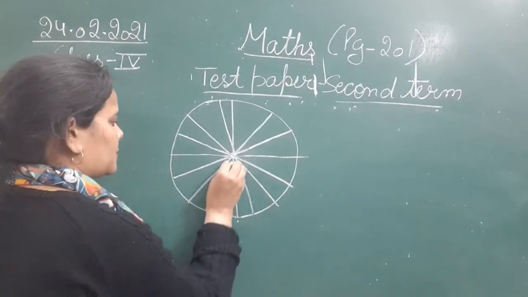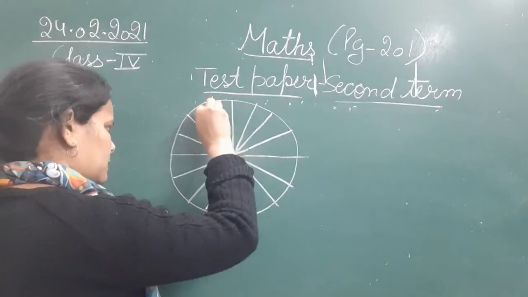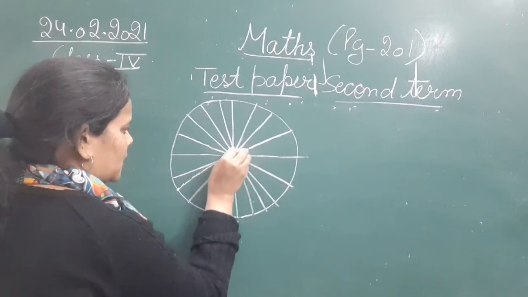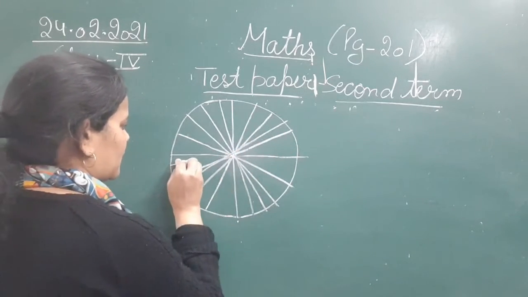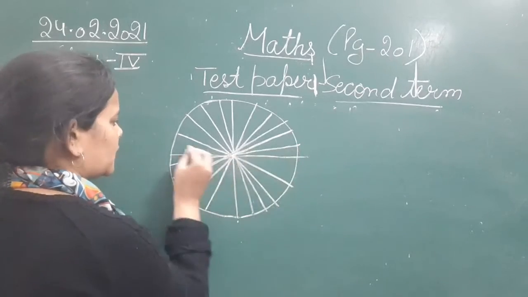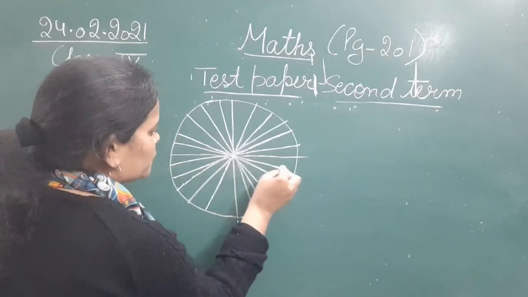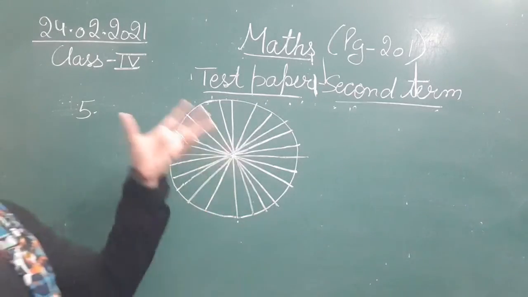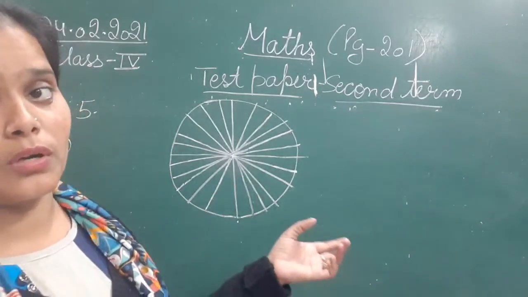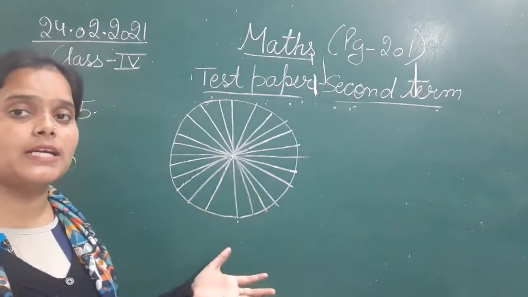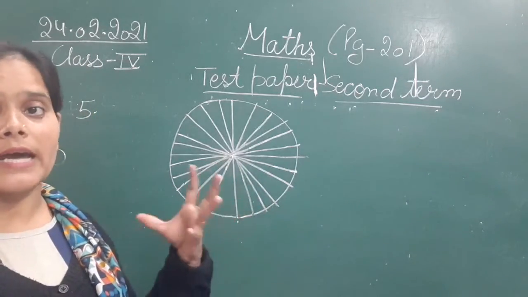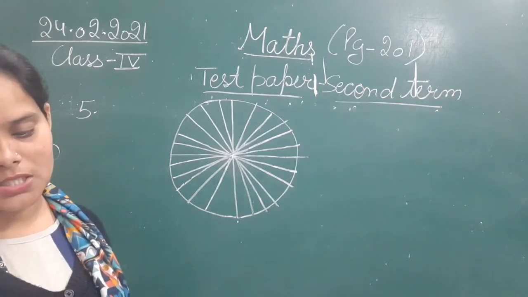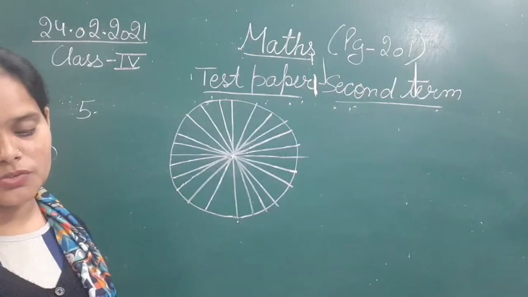देखिए मैंने अभी आपके सामने कितने सारे, अभी भी इसमें मैं इतने चाहूँ उतने diameters I can draw from it. But diameter की बस एक main thing that you need to know is that it should pass through the center of this circle. So that means we can make as many diameters as you want in a circle. एक circle में आप जितने चाहे diameters you can make. So the question was, how many diameters can be drawn in a circle?